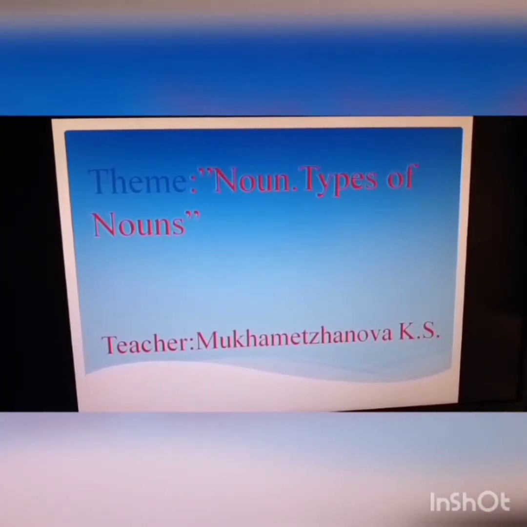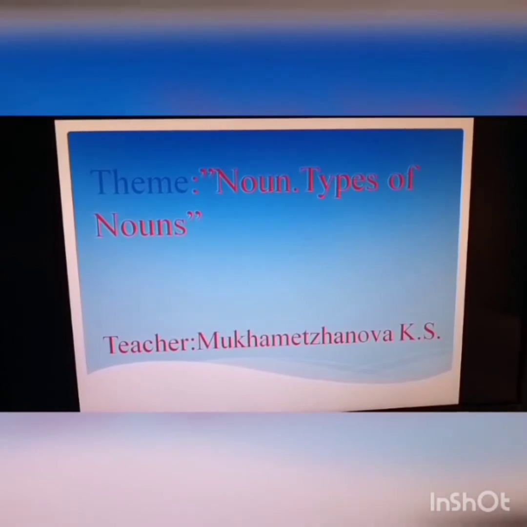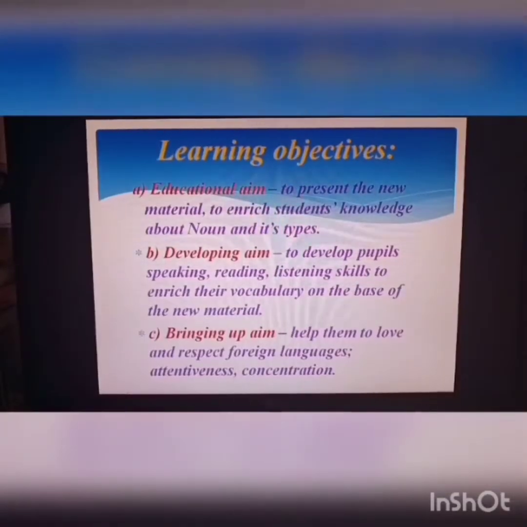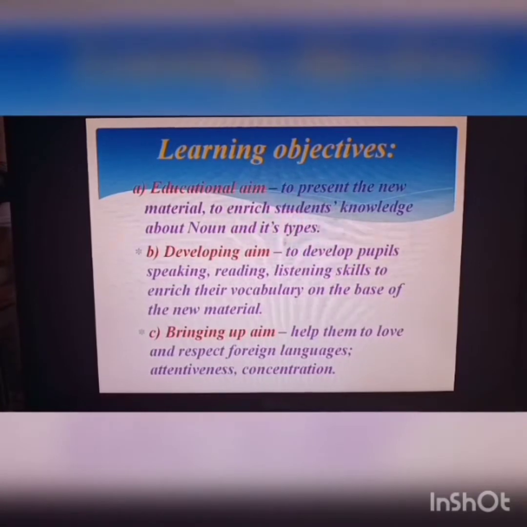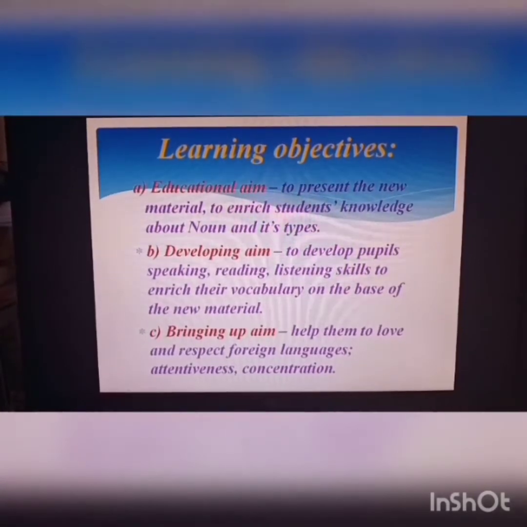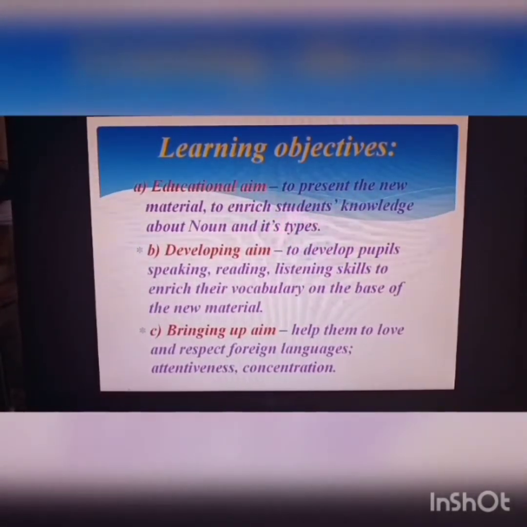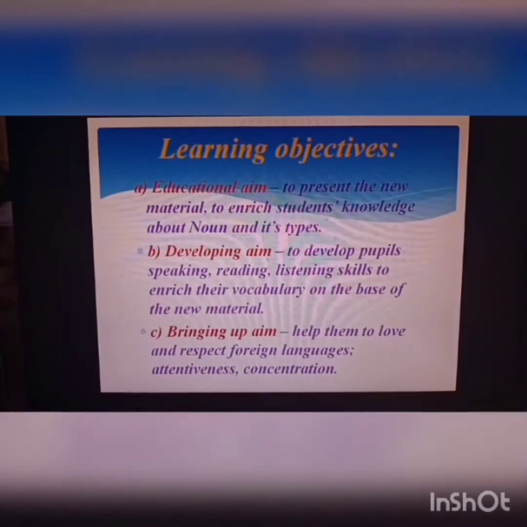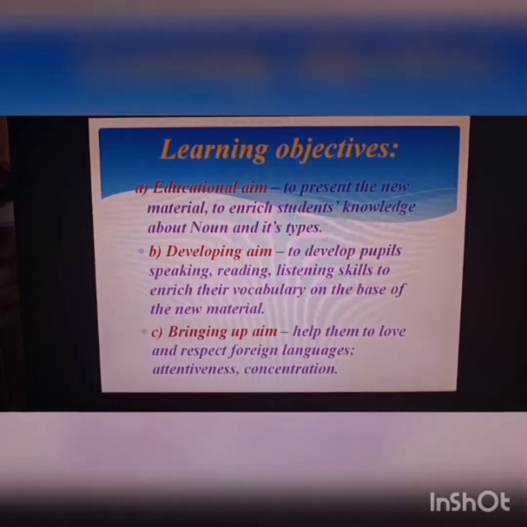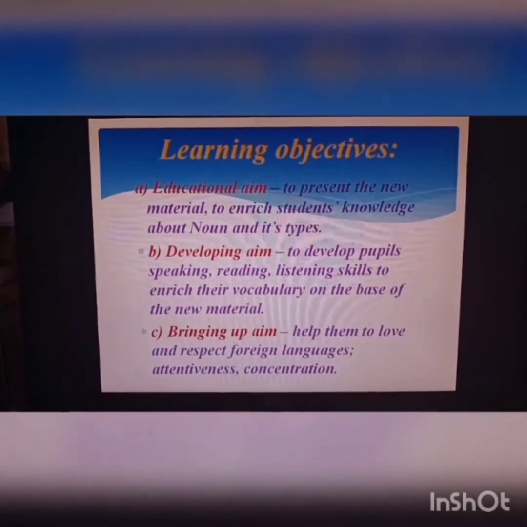The theme of the lesson: noun, types of nouns. Learning objectives. Educational aim: to present the new material, to enrich students' knowledge about nouns and their types.